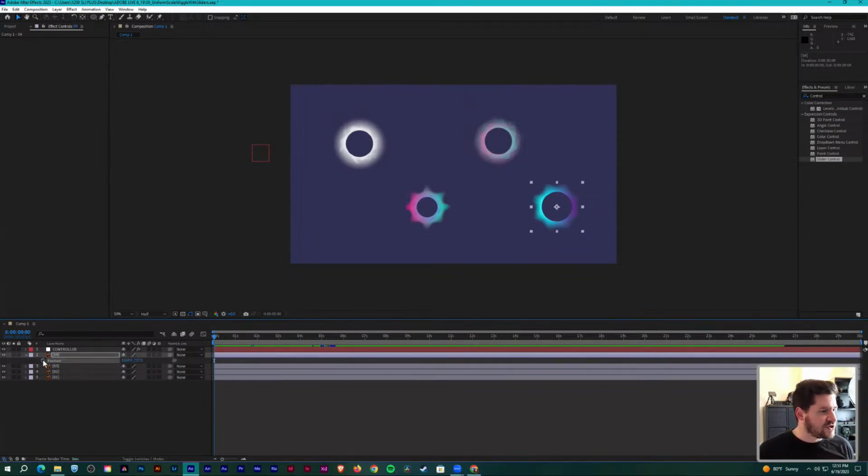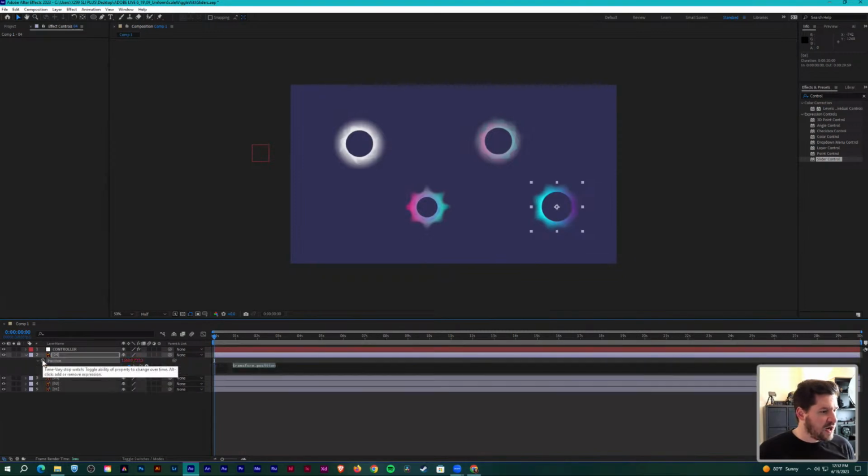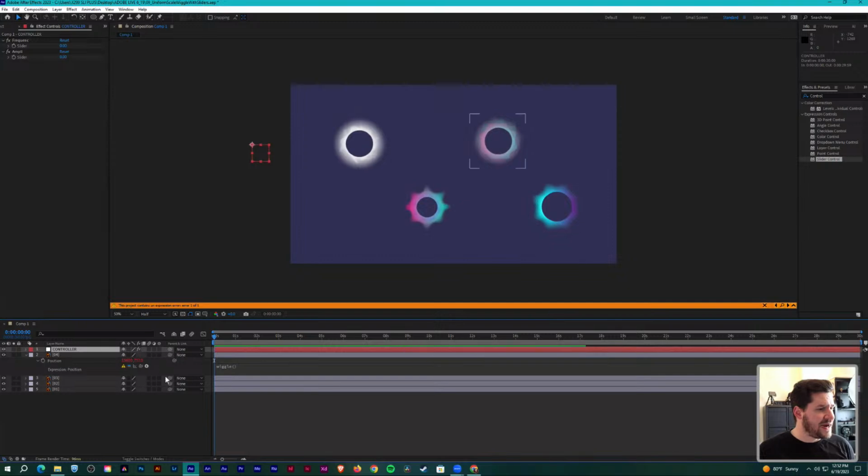Then I'm going to Alt or Option and click to open up my expression. And we can see, well, let's write a wiggle expression for this. So we'll say wiggle. And now we can place our frequency and our amplitude. So I'm going to go back to this controller layer, and I'm going to drag the pick whip up here